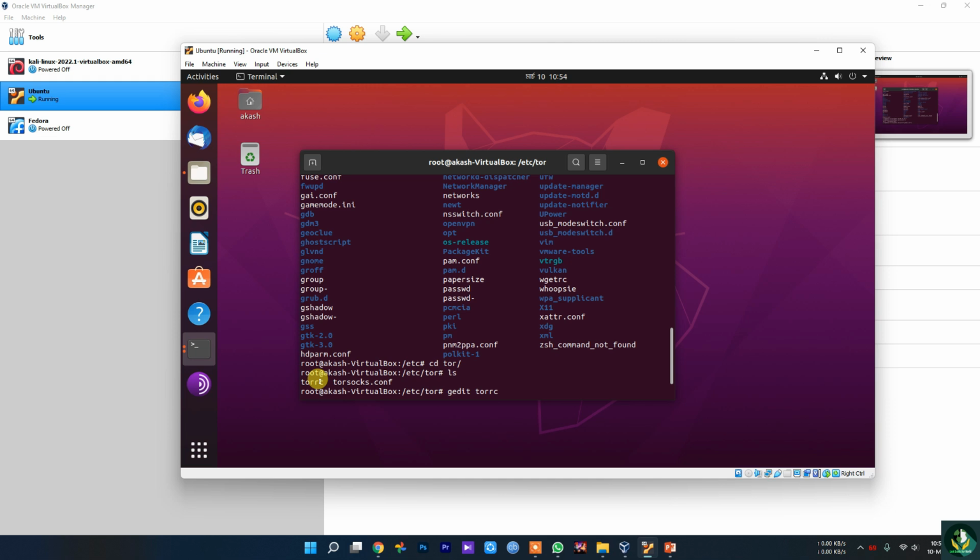Just type gedit torrc. You can use any text editor, or just type gedit torrc, and it will open this file in a text editor.